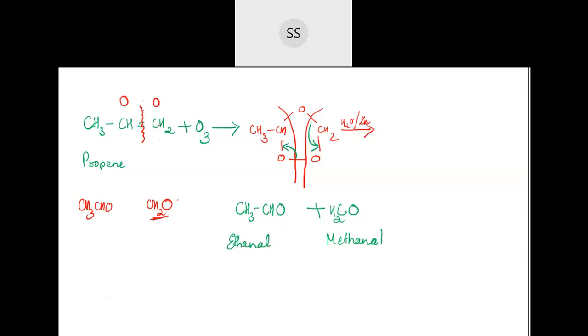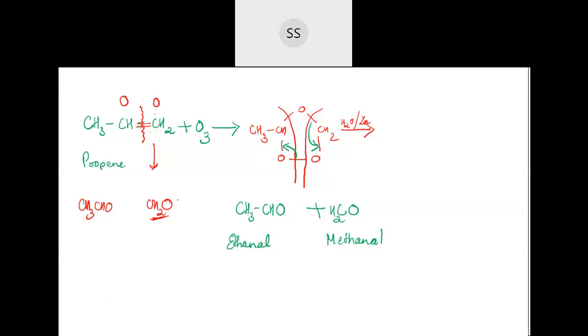So simple way if I have to tell you, this is what is happening. If you can't remember how to rearrange and write, at least you write this product. For others, I'm telling, the one who can do it properly, you do it like that. But in case you can't remember anything, actually what is happening in the ozonolysis process is this ozone is coming and breaking this double bond, and across a double bond, 1 oxygen is added. Because double bond is equivalent to 1 oxygen valency. And here also double bond equivalent to 1 oxygen valency. So you get CH3CHO and CH2O.